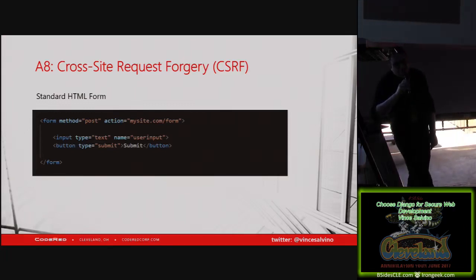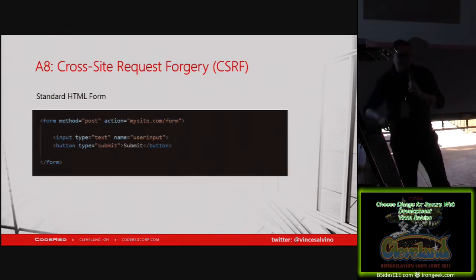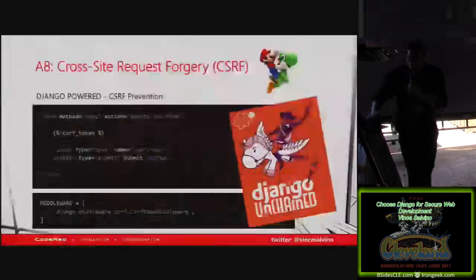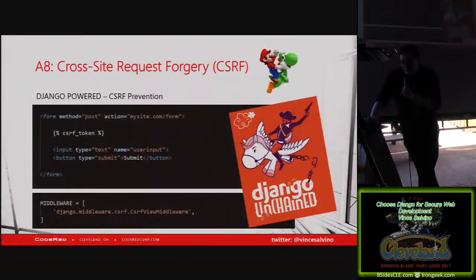The last one we're going to talk about is cross-site request forgery. Essentially, say I have a domain called google.com spelled with two zeros, and I want you to sign in to g00gle.com with your Google account. Someone might not realize that, and they're just going to enter their username and password and try and submit it to actual Google, or they'll be on a site and try and submit it to some other site that maybe looks the same or is masquerading as the same. That's what a cross-site request forgery is. So in a normal HTML form, it doesn't care. It will post anywhere you tell it to post.